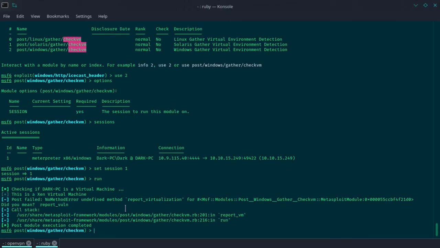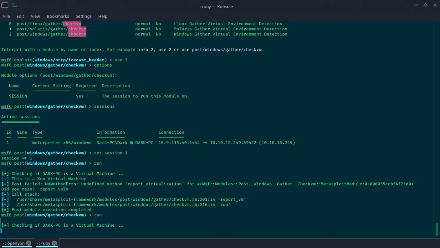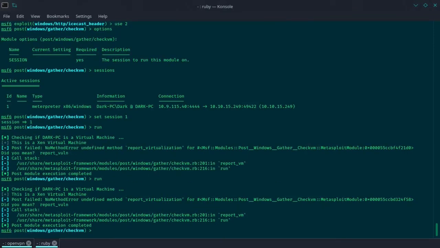And it says can't identify it. Let's try again. And we are unable to check our target. Okay, so let's search for local exploit,